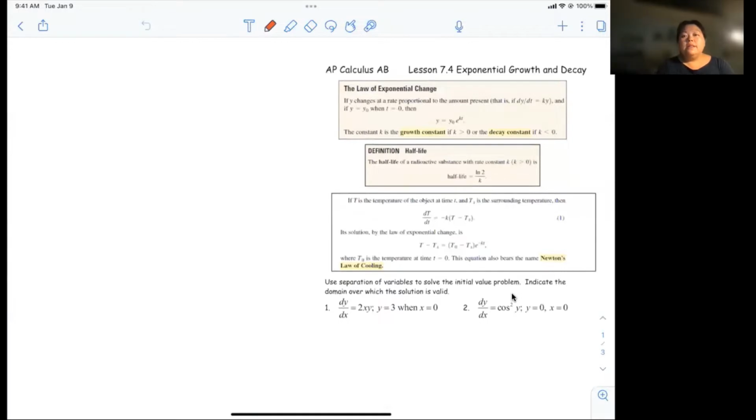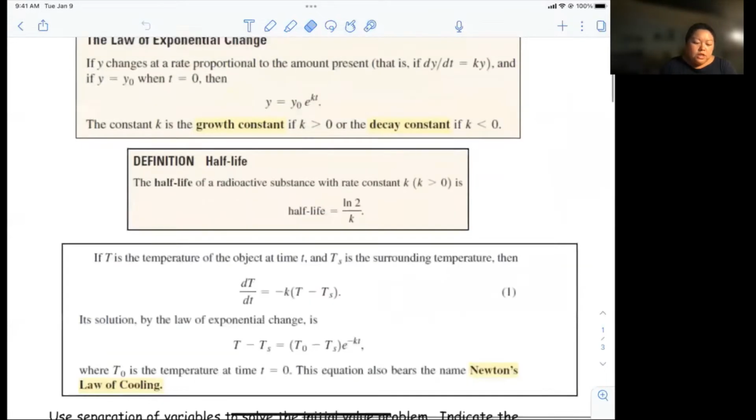Okay, we are on lesson 7.4, exponential growth and decay. So in this section, we're really trying to make use of our integrals and differentiation, mostly differentiation, to see how it is applicable in what we do in terms of applying it to science, most importantly, and applying to more of the everyday life that we usually ask about, when are we ever going to use this, right? So the law of exponential change says that